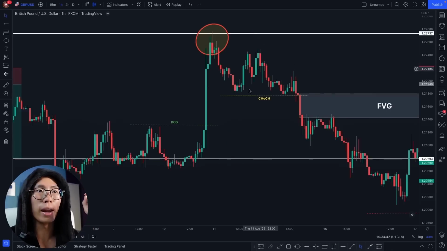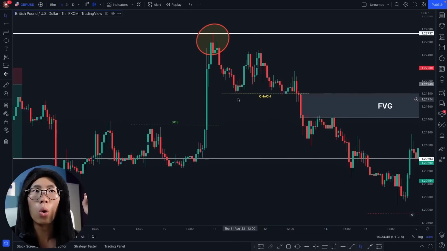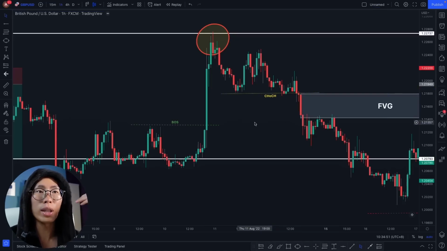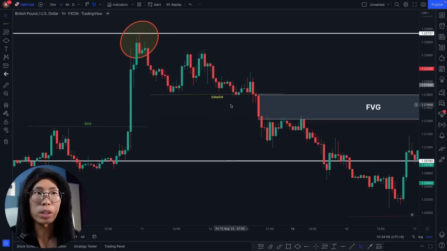Gave us a liquidity grab, and then this is the last higher low, and right now price has broken this last higher low. So once price has broken this last higher low, it gave us a change of character. When price gave us a change of character, next step is to look for a fair value gap, and I can see a fair value gap right here,